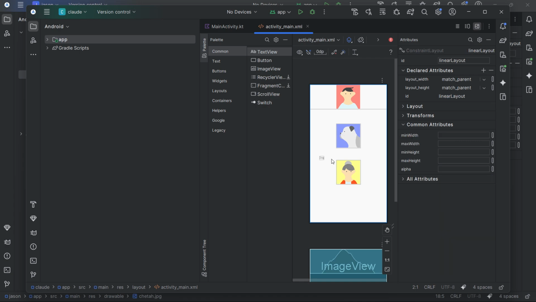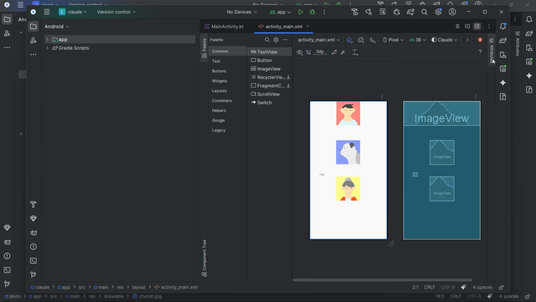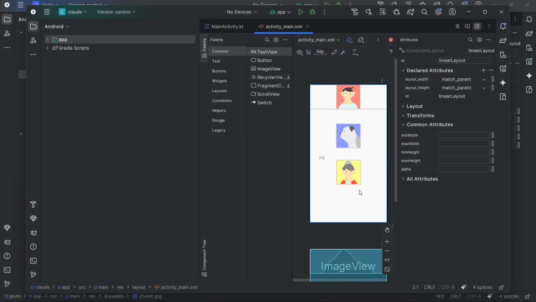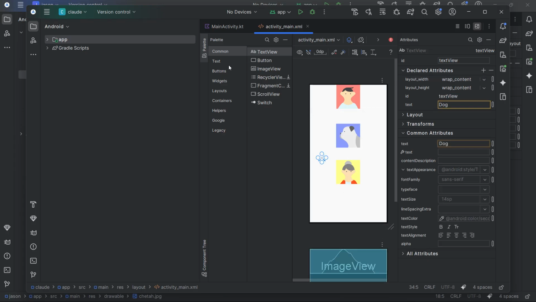And here is the text, and these are the buttons, widgets, and layouts, containers.